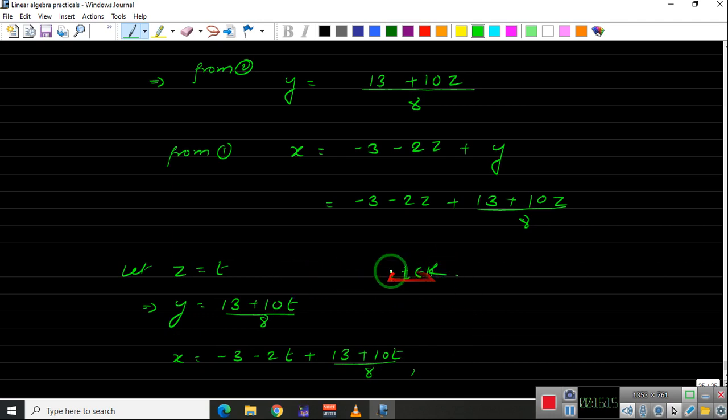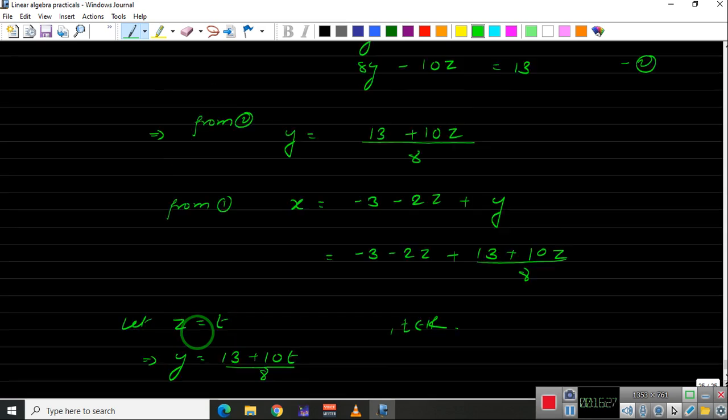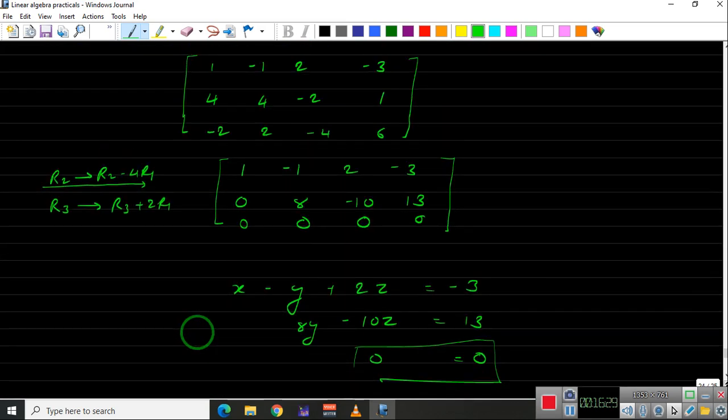So as there are uncountably many real numbers, we will have uncountably many solutions over here. So for a particular value of t, we will have a particular value of z, and then correspondingly we will have y and x. So this system has infinitely many solutions. Okay. So in the process, suppose you are converting your system of n equations in m variables into a smaller number of equations. That means if you are removing one of the equations, then you may have infinitely many solutions. So that's what we have seen in these videos on systems of equations. We have seen the Gaussian elimination method, with unique solution, infinitely many solutions, and no solutions.